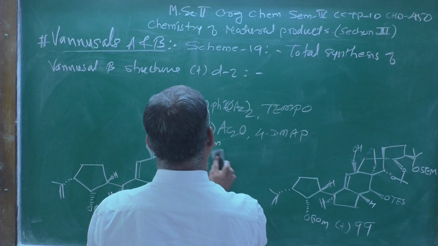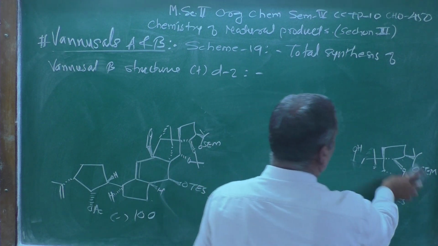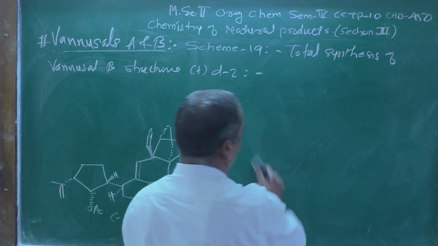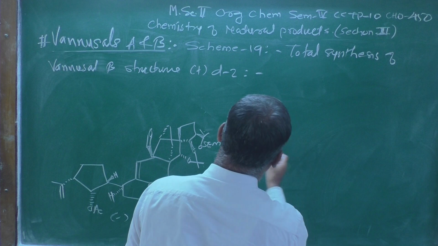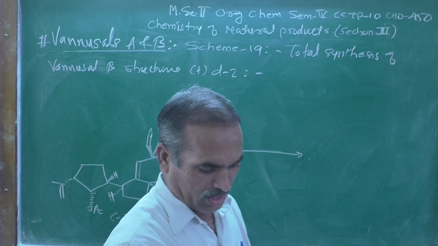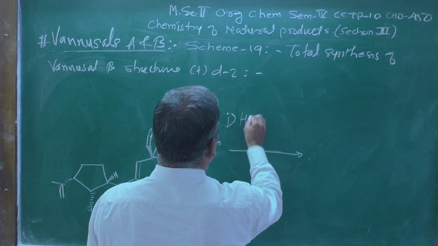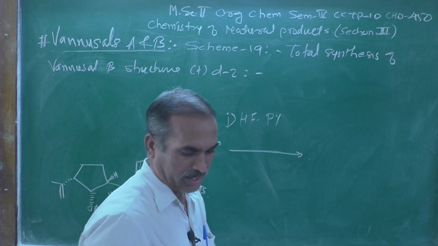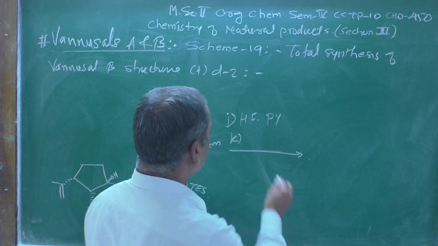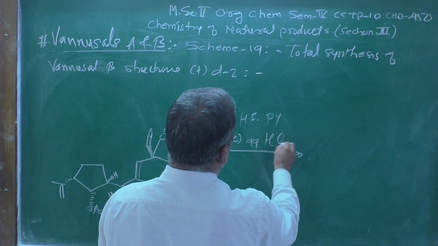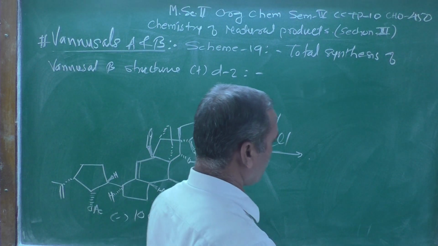am going to represent another structure. So, let me clean the board first, then you can observe that one. Now, after that, this arrow you can remember. Now, there is a J reagent, and J reagent will be HF in presence of pyridine, followed by K reagent. K reagent will be aqueous hydrochloric acid, HCl.